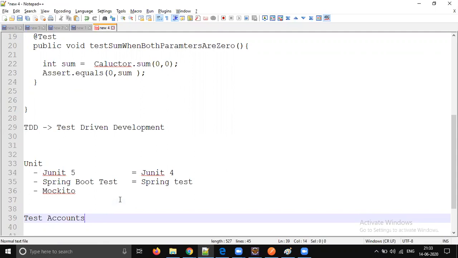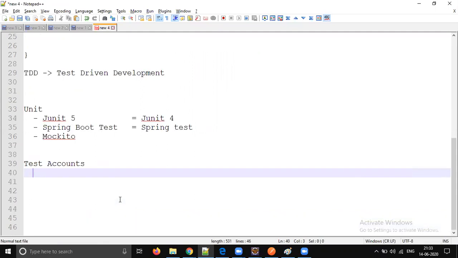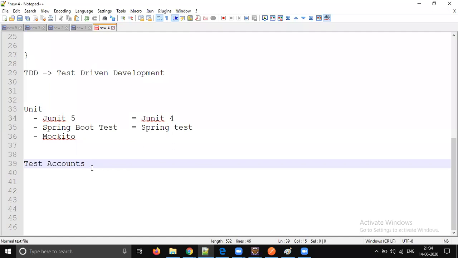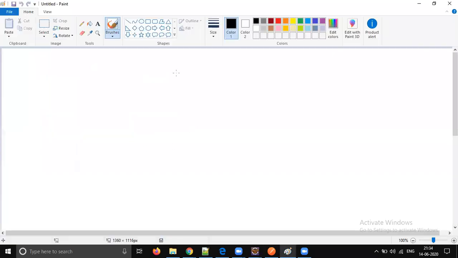So what should we do? We should create a couple of test accounts, and we should use those test accounts every time we drop the code, like basic scenarios, whether we are getting proper response or not. The basic flows, we should validate them, right? So we should create a couple of dedicated test accounts.